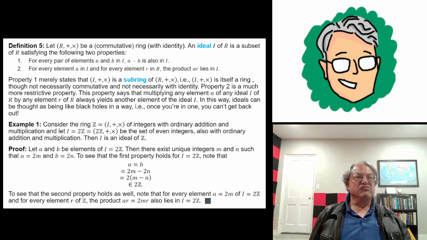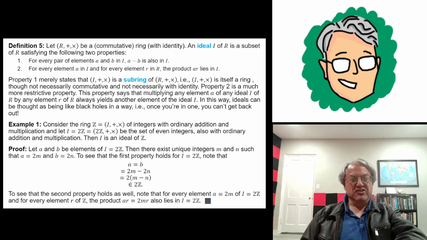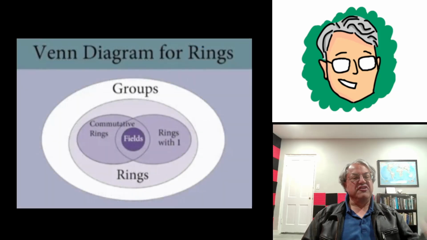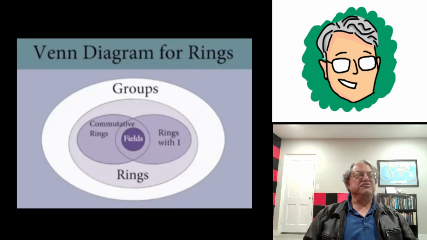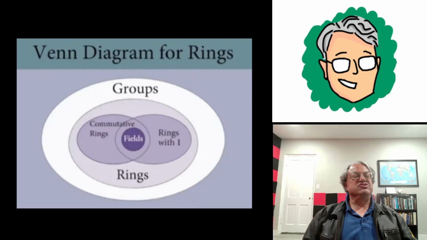So yeah, once you start with an even integer, it doesn't matter what you multiply by, you're always going to get an even integer afterwards. That's pretty obvious. So the even integers are an ideal of the ring of integers, ordinary integers. And I think I put these out of order, but I probably should put this slide earlier. So I already mentioned commutative rings with identity. So here's how you can think about these things. Here's a useful Venn diagram.